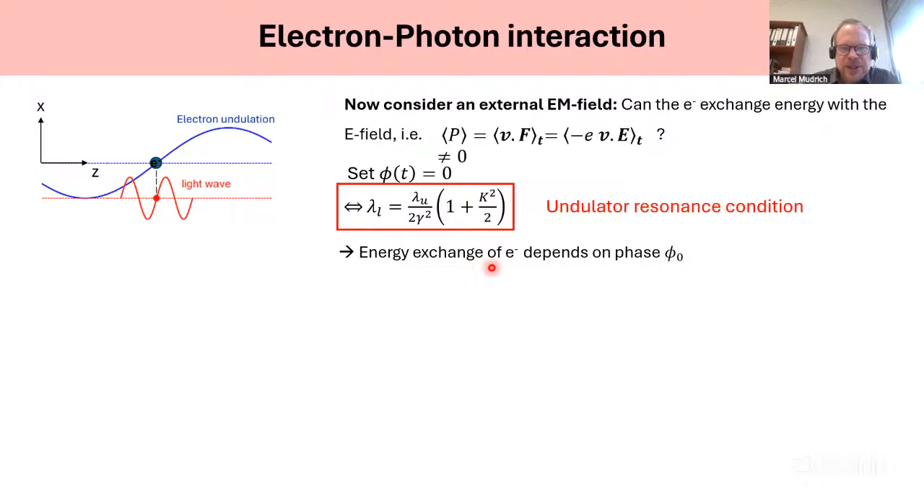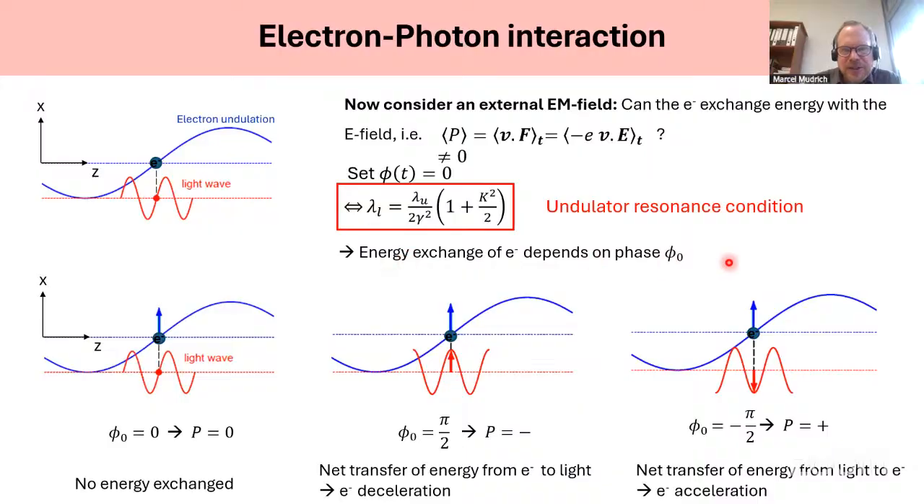And then the question is, do the electrons absorb energy from the light field, or do the electrons get slowed down by interaction with the light field and add energy by emitting light into the light wave? And that obviously depends on the phase, phi naught. So this can be visualized in these 3 diagrams. In the case that phi naught is 0,